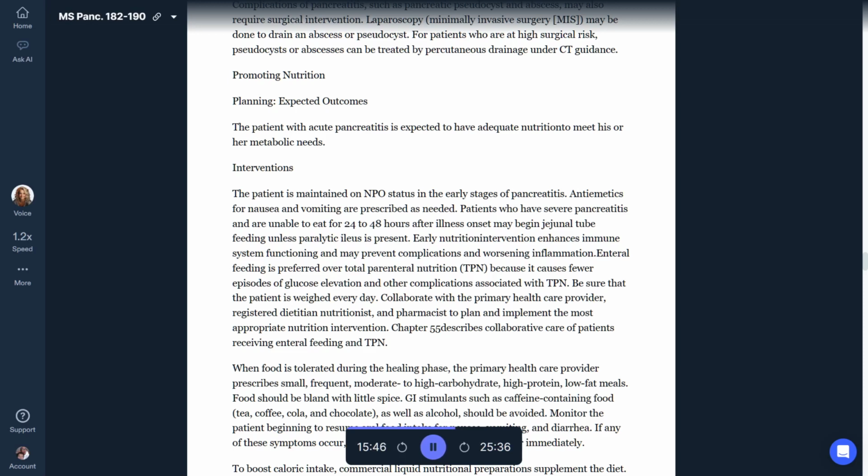Evaluation. Evaluate outcomes. Evaluate the care of the patient with acute pancreatitis based on the identified priority patient problems. The expected outcomes include that the patient will 1. Have control of abdominal pain as indicated by self-report and pain scale measurement. 2. Have adequate nutrition available to meet metabolic needs. Chronic pancreatitis. Pathophysiology review. Chronic pancreatitis is a progressive, destructive disease of the pancreas that has remissions and exacerbations. Inflammation and fibrosis of the tissue contribute to pancreatic insufficiency and diminished function of the organ.